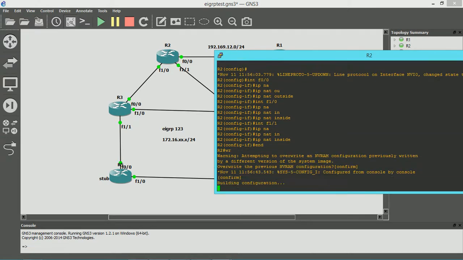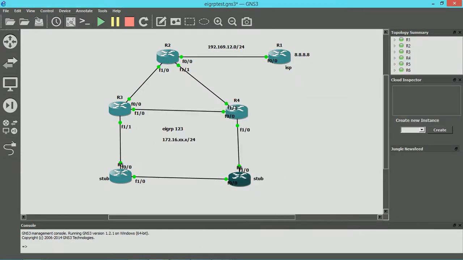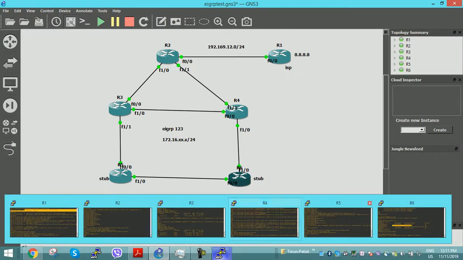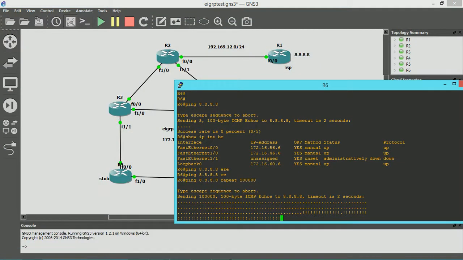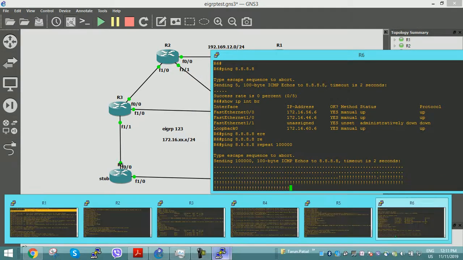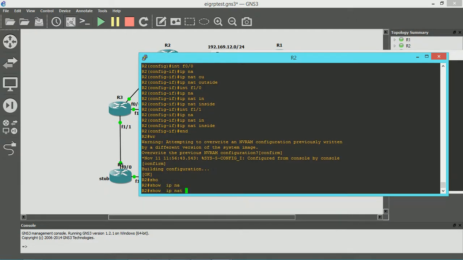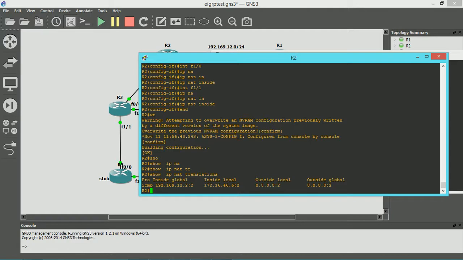So now all the routers within my EIGRP network should be able to access the internet. And if I go to R6 now, you can see the ping has already started. The communication has started to 8.8.8.8, and router 2 is making a translation table. Show ip nat translation. You can see the protocol is ICMP here. This is your public IP purchased by you. This is your private IP which belongs to your